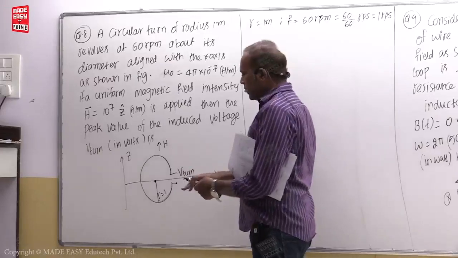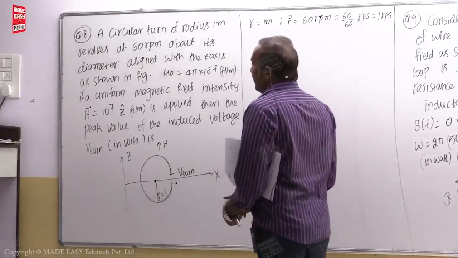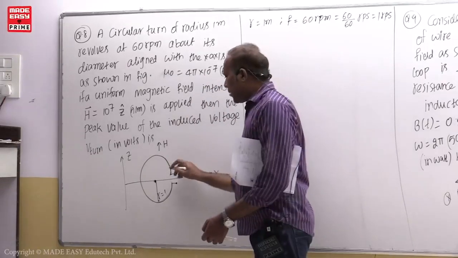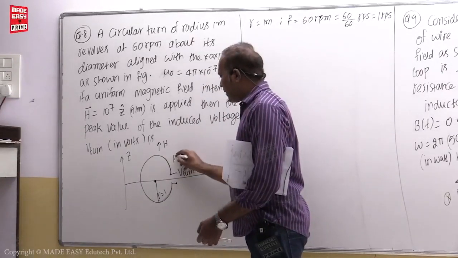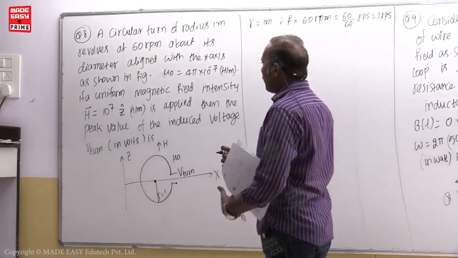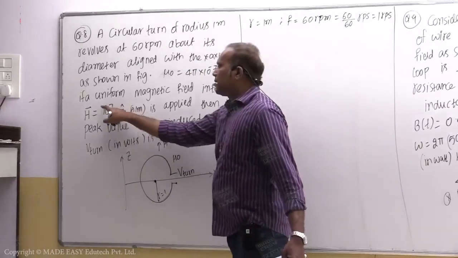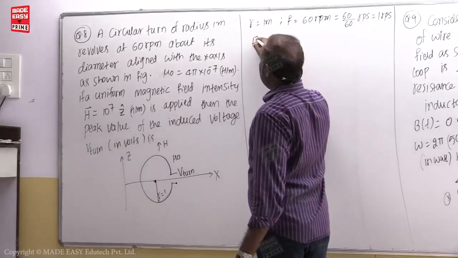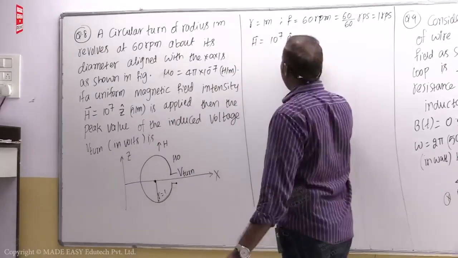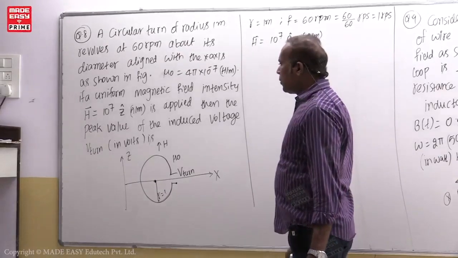Yesterday I told you this is the loop. It is rotating like this, as shown in the figure. Mu naught is given. That means here in this, the medium is air, mu naught. If a uniform magnetic field intensity H, uniform means it is not a function of distance, you can see, so given H is equal to 10 to the power 7 AZ cap, that is a z cap, ampere per meter, is applied, then the peak value of the induced voltage